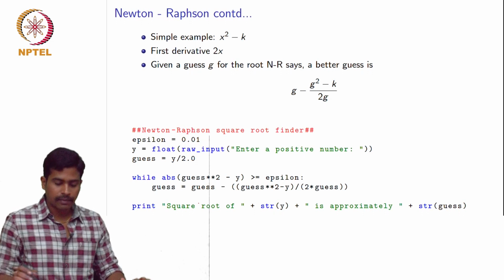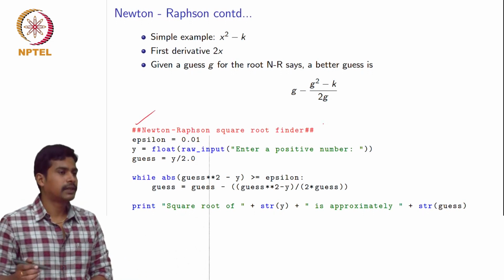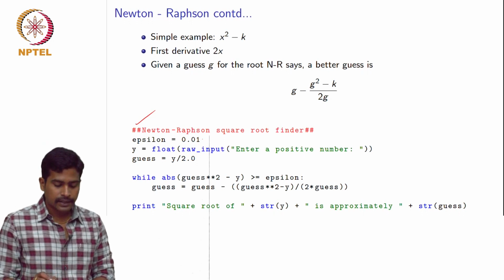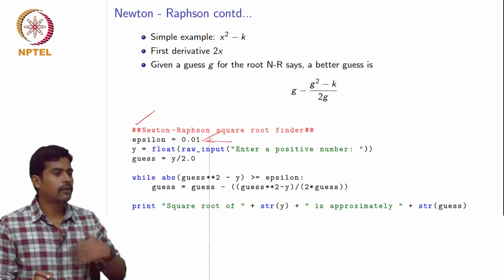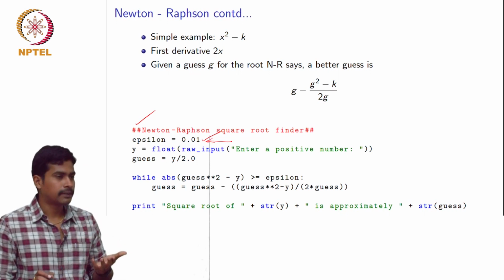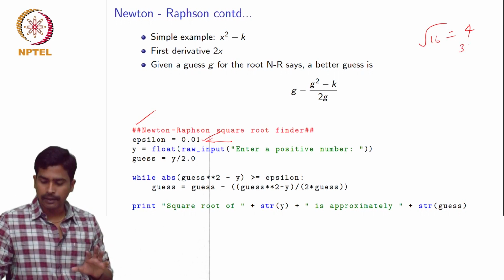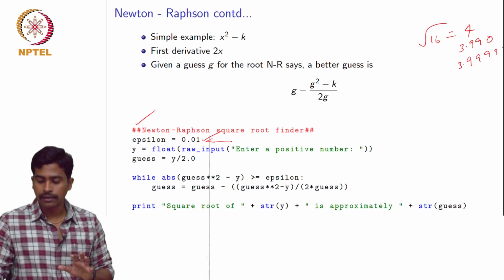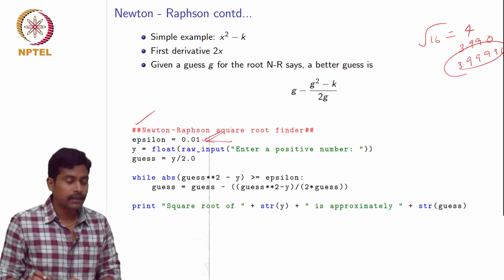So, this is the program that computes our square root, and I will explain what each of these lines of this program is doing. So, let us say epsilon is a number. What epsilon does is decide how close you want to find the root to the actual root. Okay. So, if the square root of 16 is 4, how accurately do you want to find 4? Are you satisfied if you get 3.99, or are you satisfied if you get 3.999? So, how accurately we want to find the root is given by this epsilon.